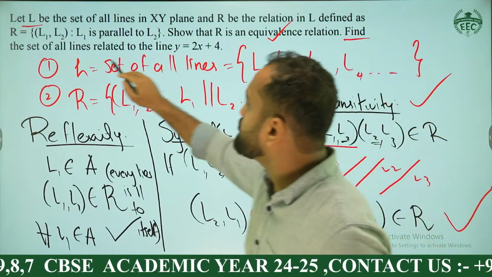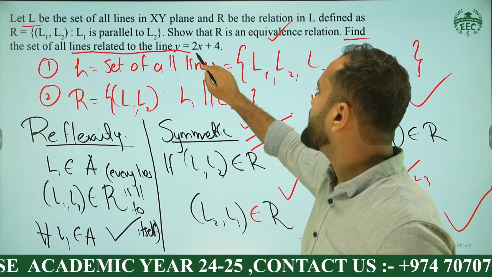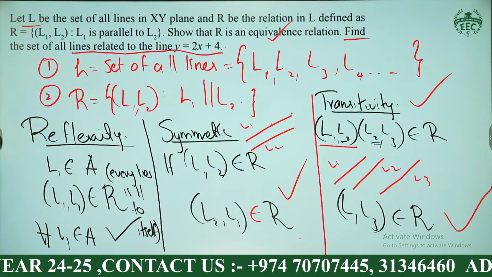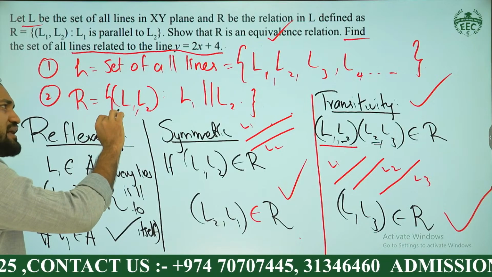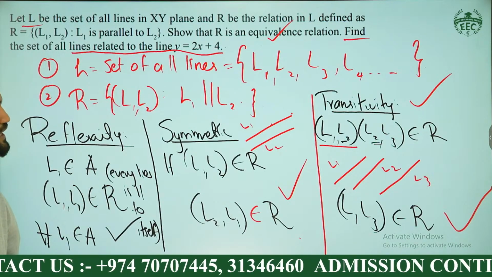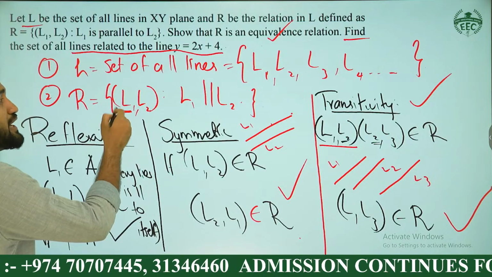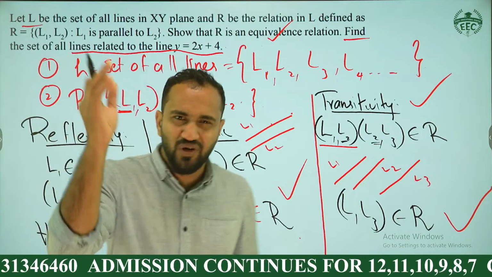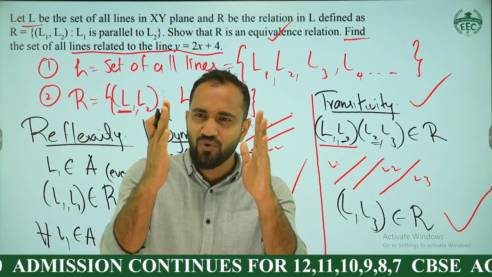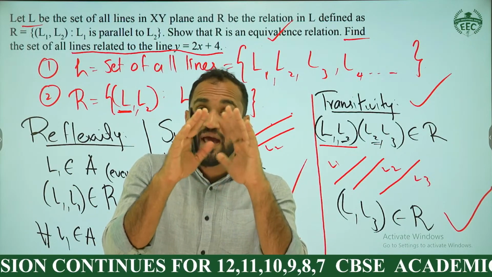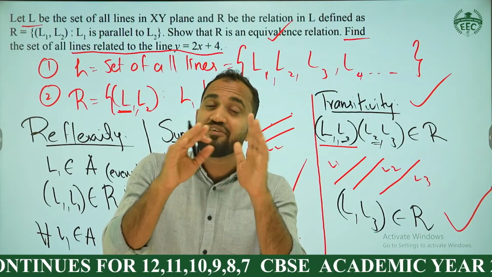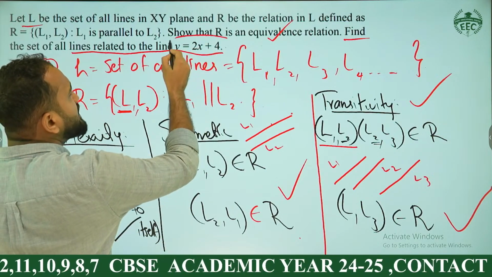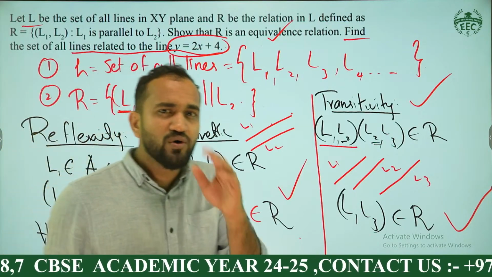Find the set of all lines related to the line y is equal to 2x plus 4. Tell me, when is the line L1 related to L2? The lines that are related to L1 are L2 if L1 is parallel to L2. Two lines will be related as per this relation if they are parallel, or another way, if they have the same slope. Yes or no? Yes. So, the set of lines related to this line will be those lines that are